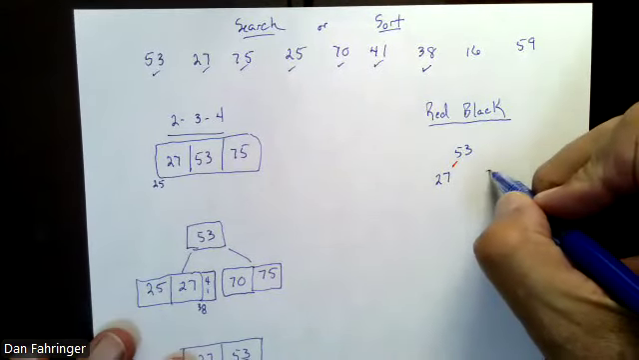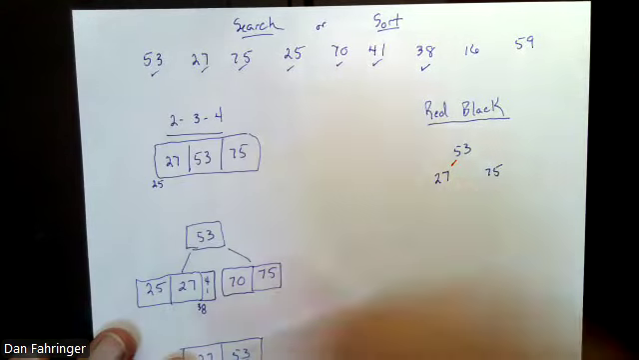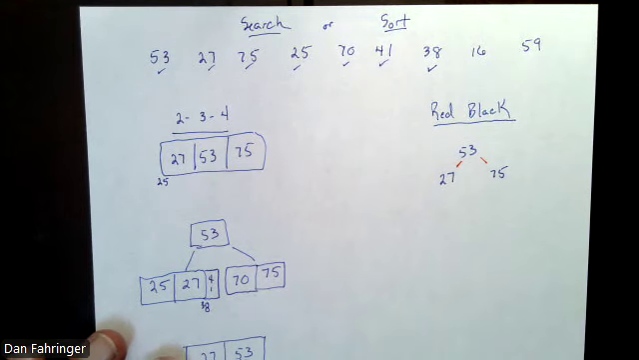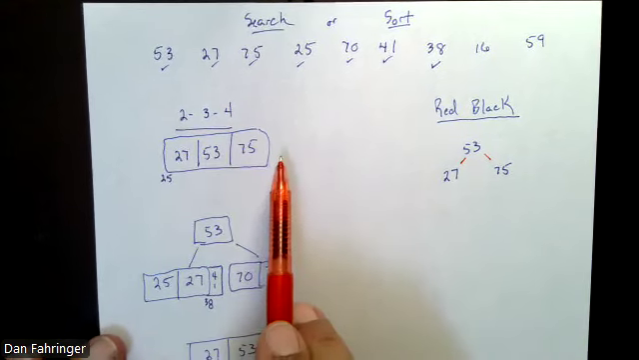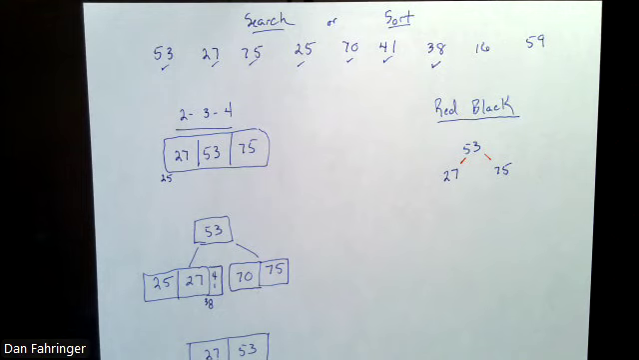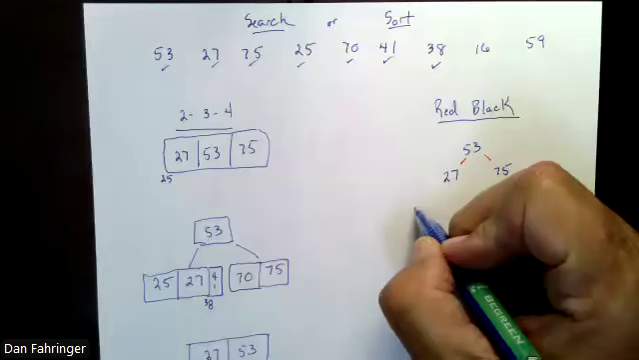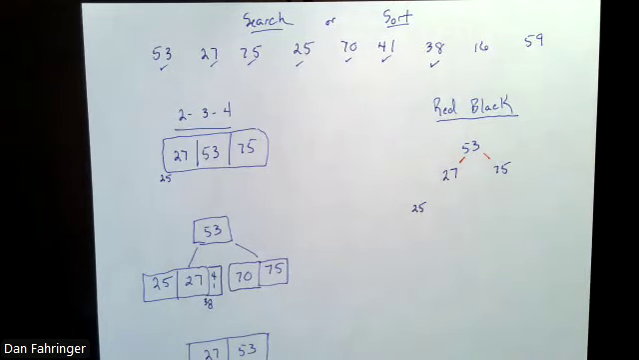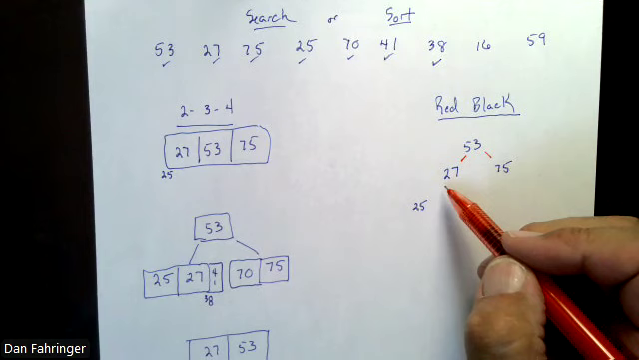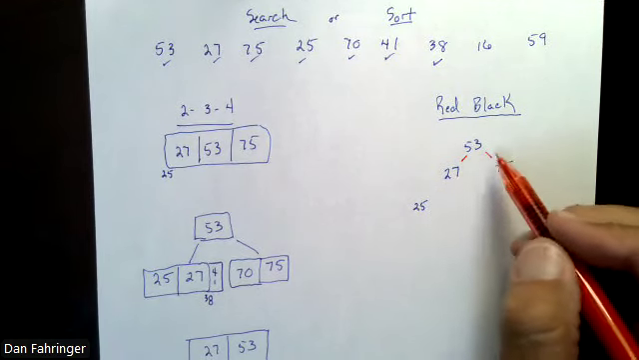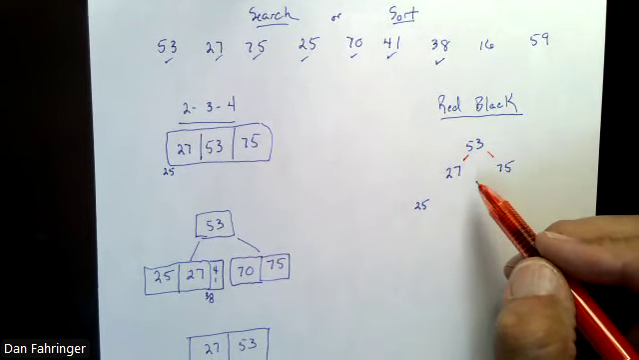75 is bigger than 53, and that would be connected by a red. Okay. So now the 25 appears, and the 25 is less than 53, it's less than 57, so the 25 is going to come over there. And when we did this, it looks like we're adding it as a red